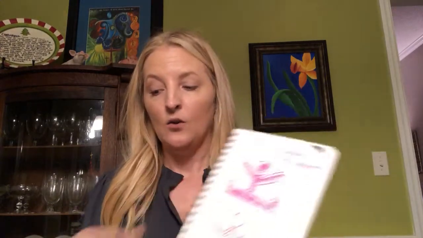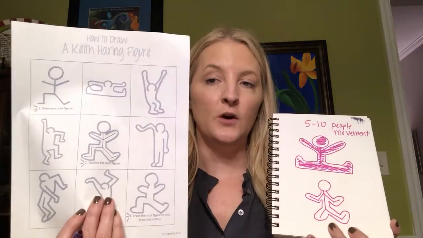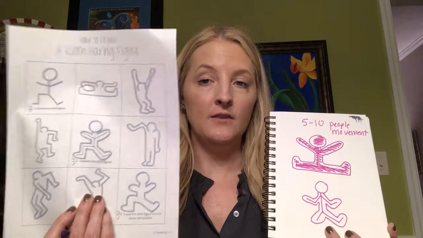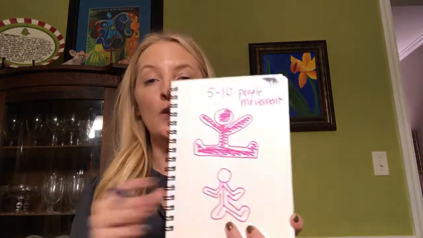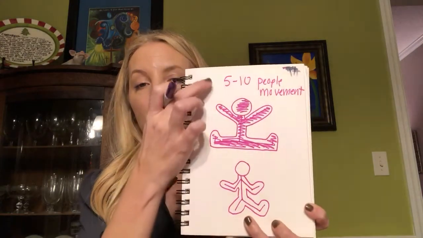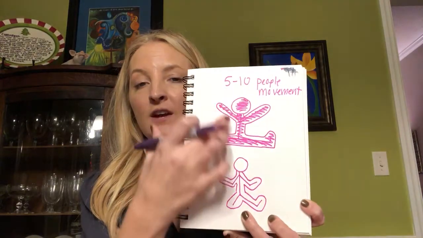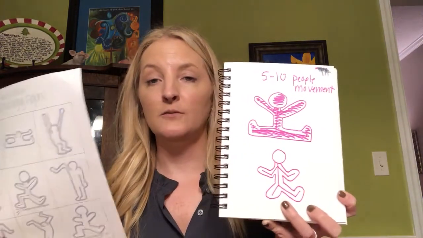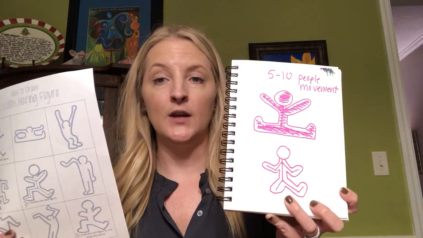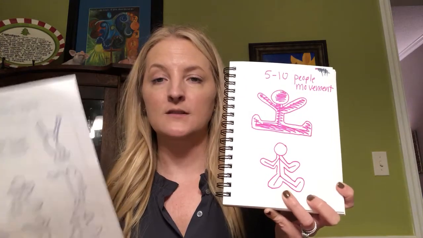So today, what you're doing, practicing with your worksheet to draw the people like Keith Haring, and then on a blank sheet of paper, you're coming up with 5 to 10 people moving, and you're drawing them just like you learned from the sheet, but this time yours won't look like your neighbor because you're coming up with your own movements. Okay,